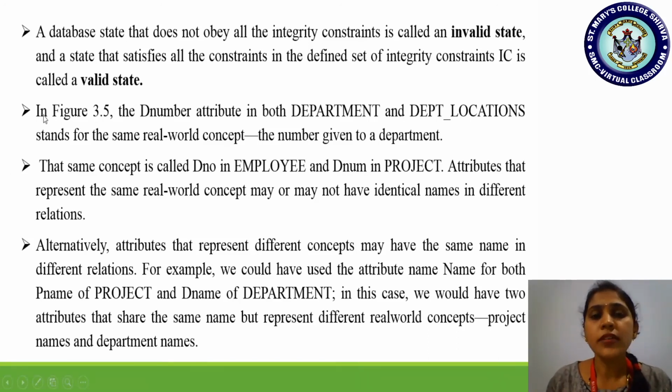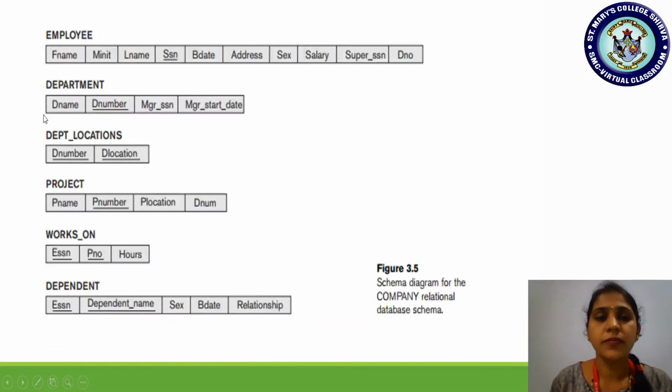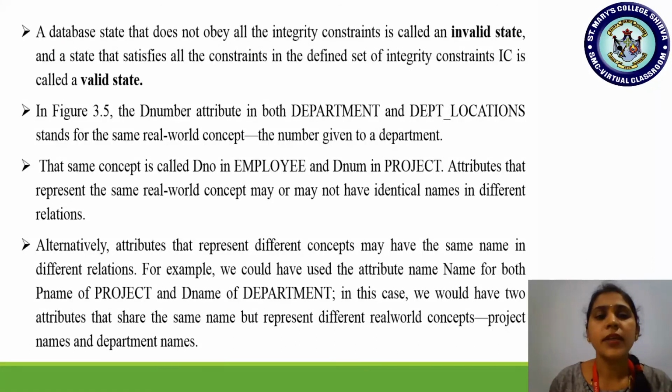Okay. So in the just now discussed diagram, here in figure 3.5, the department number attribute in both department and department locations stands for the same real world concept, the number given to a department. So I just now told you all, right. So in the department we are having which one? D number.